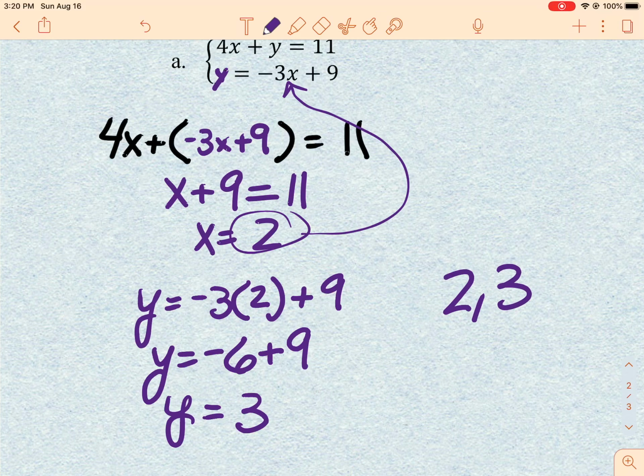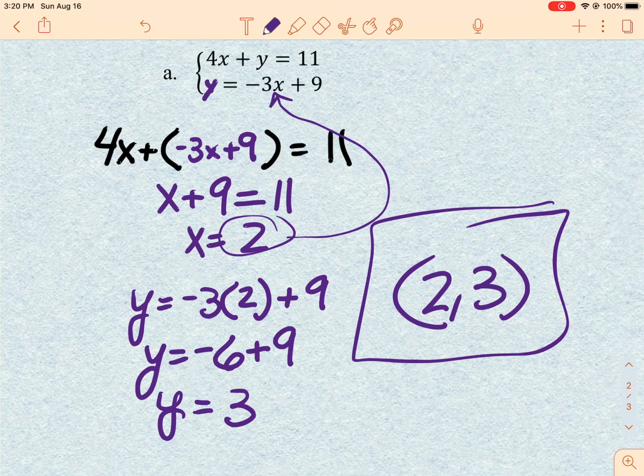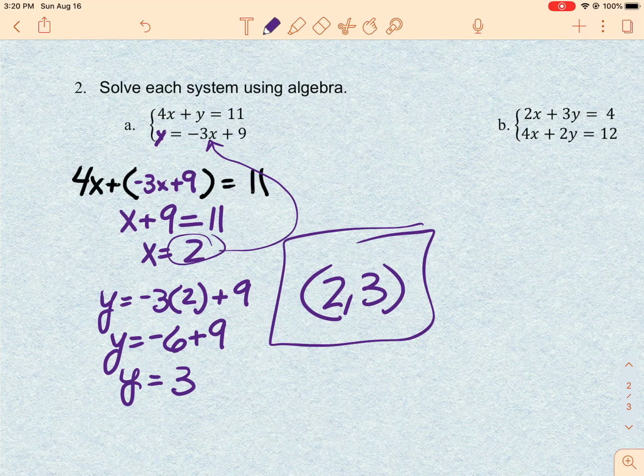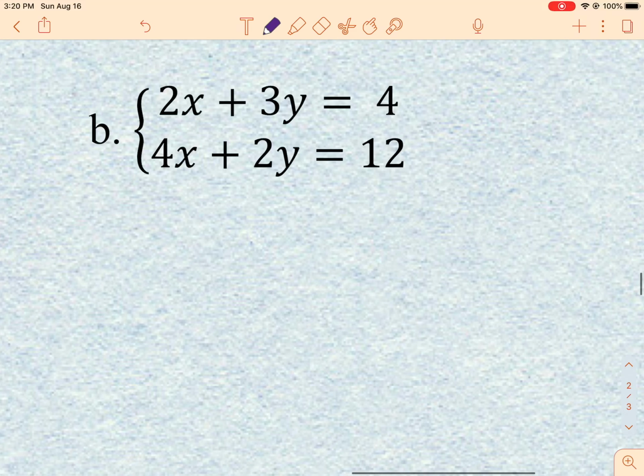So my solution to this system is the point (2, 3). So make sure you actually give that value and not just x equals 2, y equals 3. It's an ordered pair. That point is what the solution to that system is. If we go on to 2b,